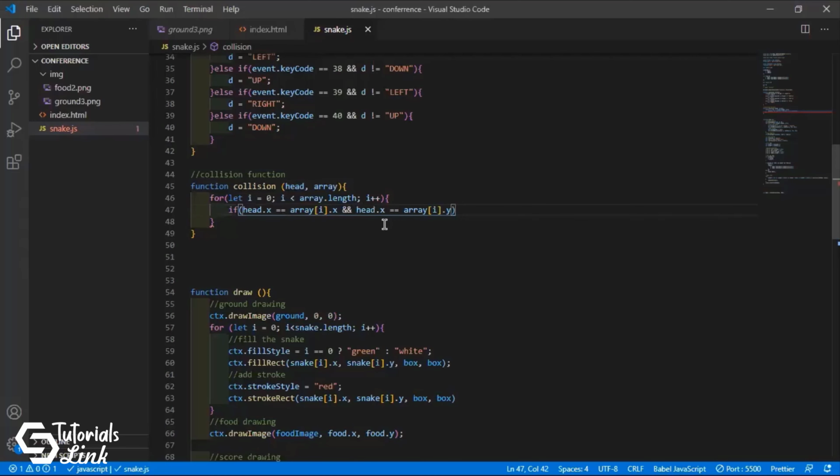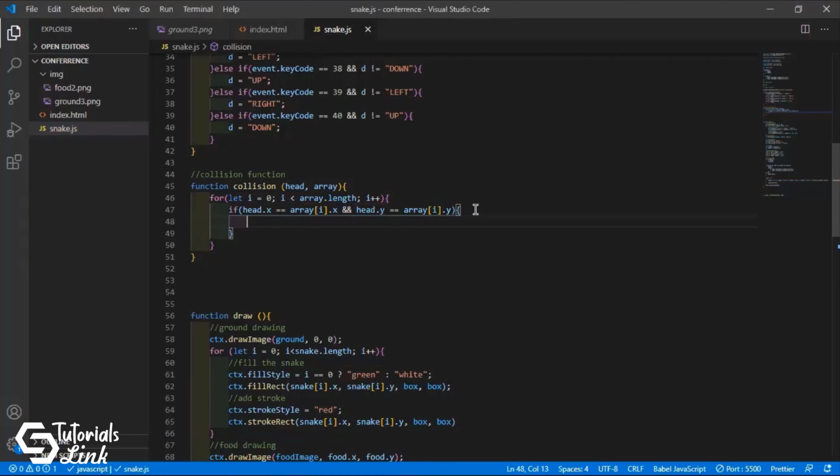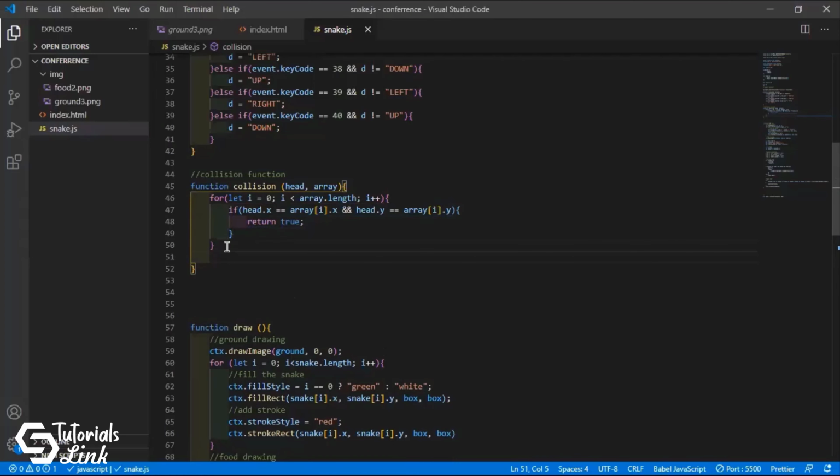So what it means is that if the head coordinates and the body coordinates meet, fine, then we will return true. If this doesn't work, then we will return false.